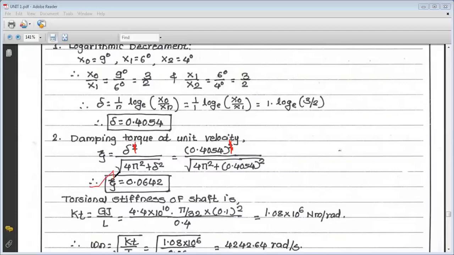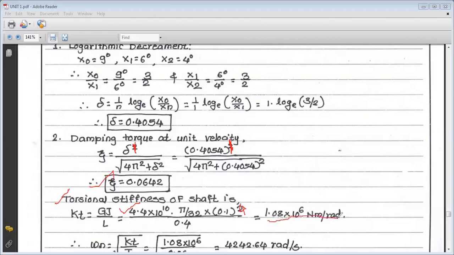Now we know the torsional stiffness KT. There are two formulas for KT, that is torsional stiffness of shaft. Either the first one is torque per unit angular displacement, that is T by theta, and T by theta is nothing but GJ upon L. Now the modulus of rigidity is given, that is 4.4 into 10 raised to 10. Now J is the polar moment of inertia, and that value of polar moment of inertia is pi by 32 into d raised to 4. So pi by 32, d is your 0.1 raised to 4 upon length. Length is 0.4. So from that we get